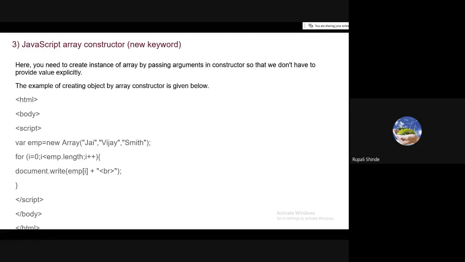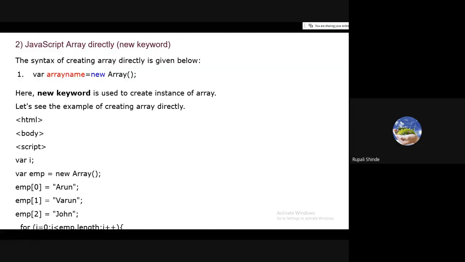So what happened here? We create var emp array is equal to new Array, and you just specify the values or elements of the array. Then you have to access it. In the first method, there is no need to specify the values when we create the array with the Array keyword directly.